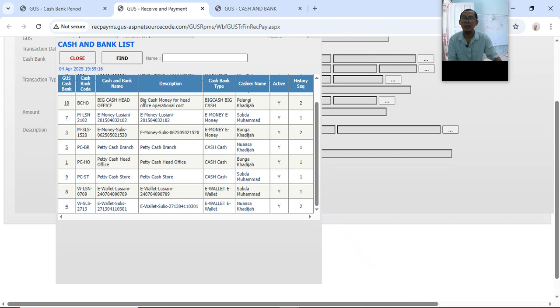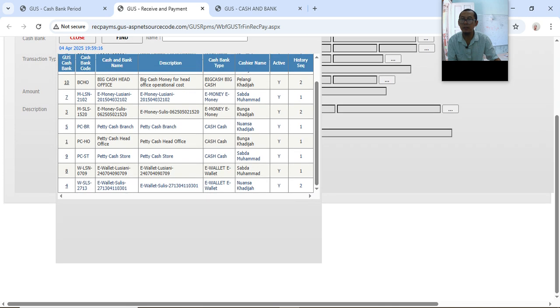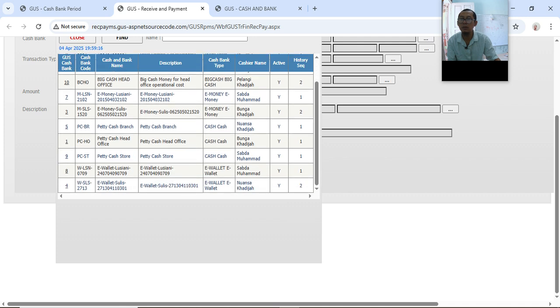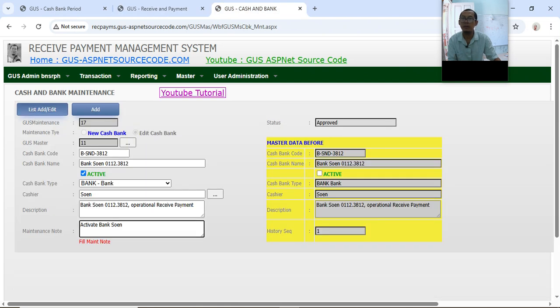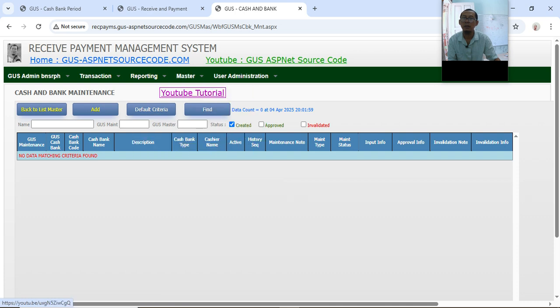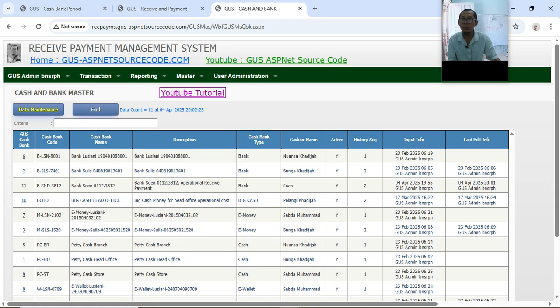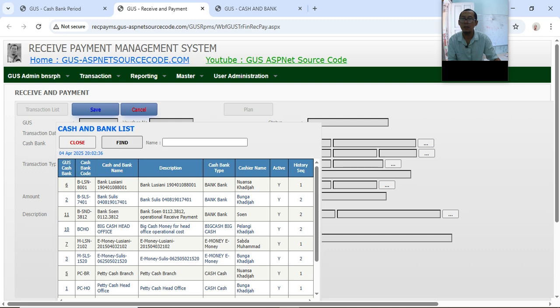Okay, let's find it here. Now it should be shown. Where is Bank Sun? Oh, I'm sorry, I still cannot find it. Bank Sun is now already active. This is Bank Sun, now activated here.